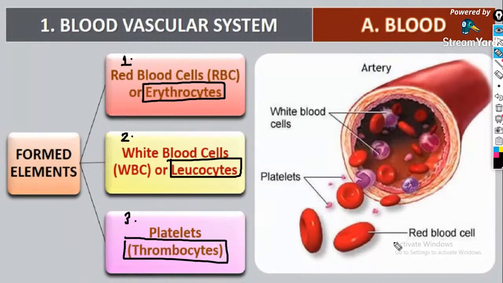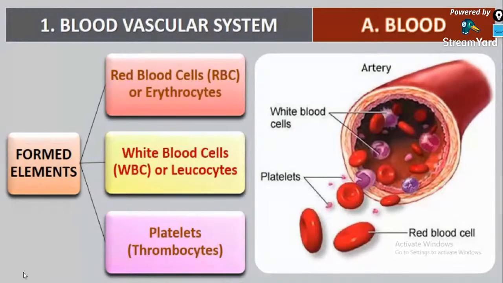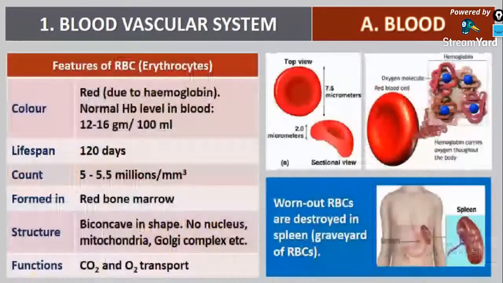Look, these are the red blood cells. You might be familiar with the red blood cells. These small structures, small knots having no regular shape, you will call them platelets. And these largest cells, the biggest cells in the blood, you will call the white blood cells, WBC. Now going into detail about the structure and function of erythrocytes.